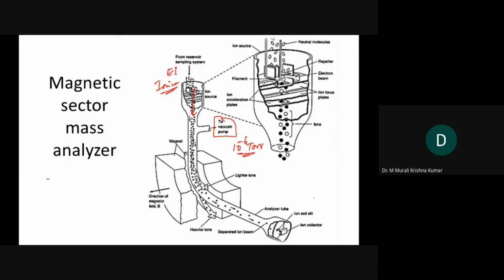Then when a charged particle is moving, what will happen? Charged particle is moving. It induces a magnetic field around it. When a charged particle is moving, it behaves like a magnet, because it induces magnetism in the environment when it is moving. So it will have properties of a magnet.